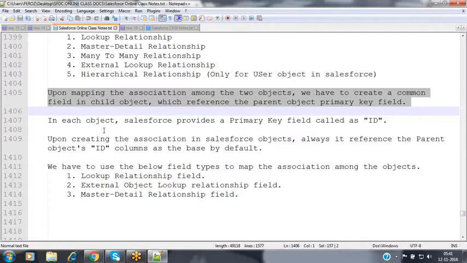That ID field acts as the primary key field in each and every object. So whenever you create a child record, along with the child record details, we have to specify the parent record's ID to which this child record has been associated.